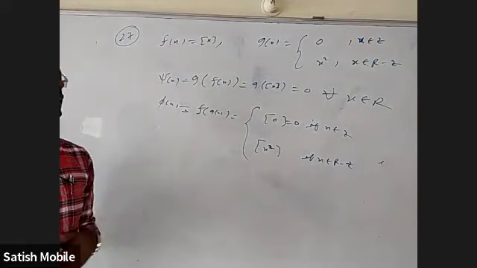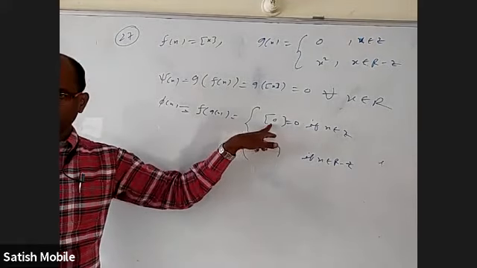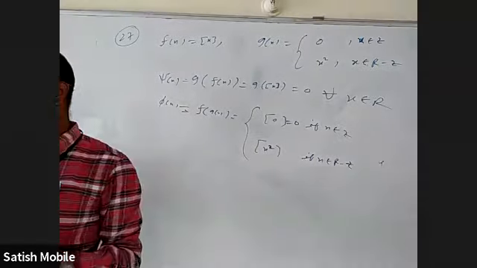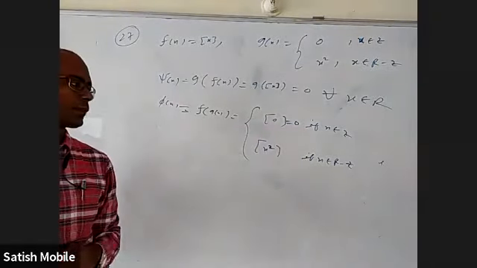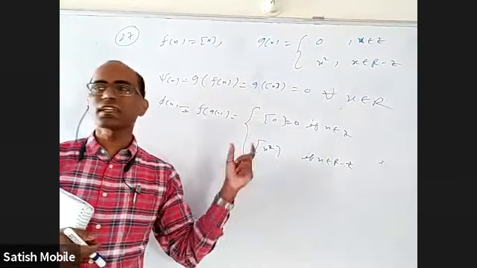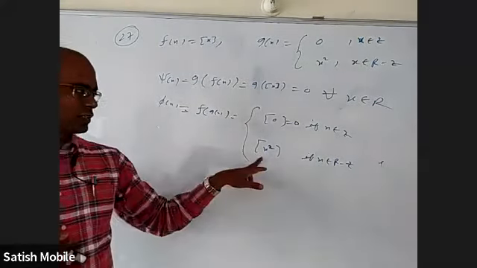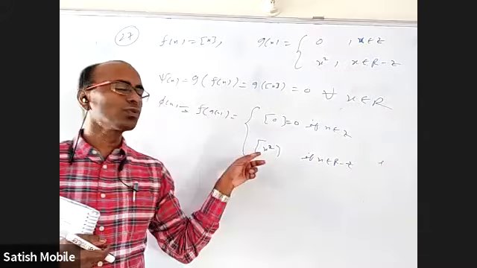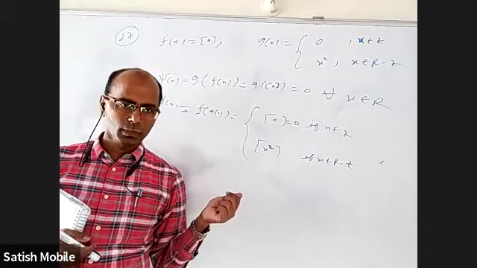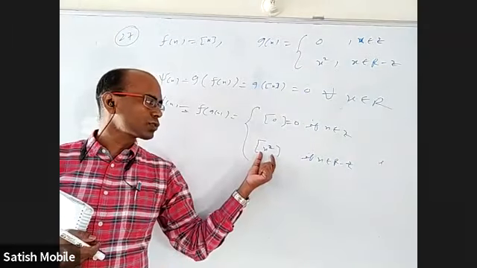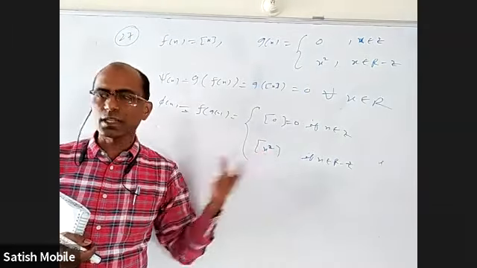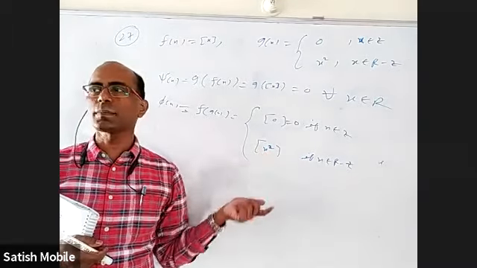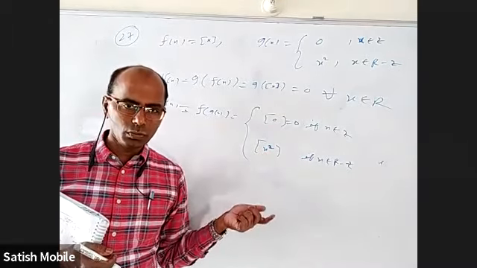Maybe at 0, I have to see carefully. At 0, this is 0. Here, right limit is also 0, left limit is also 0. At 0, it is continuous actually, even though the definition looks like change. But this is discontinuous at many other places, not just integers. Yeah, at 1, at 2, at 3, at 4, it is discontinuous. But at root 2 also it is discontinuous. Just after root 2, this value will be little more than 2, integer part will be 2. But just before root 2, this will be little less than 2 and integer part will be 1.